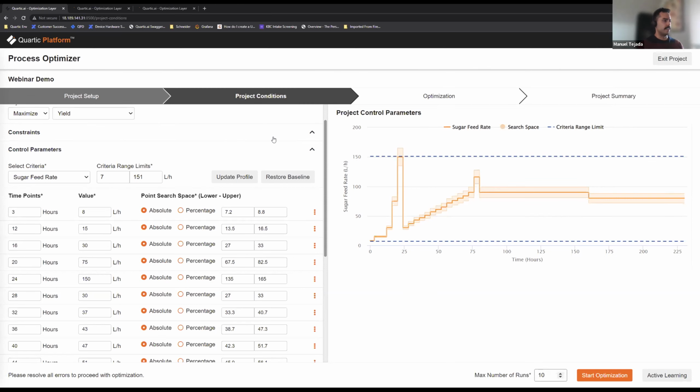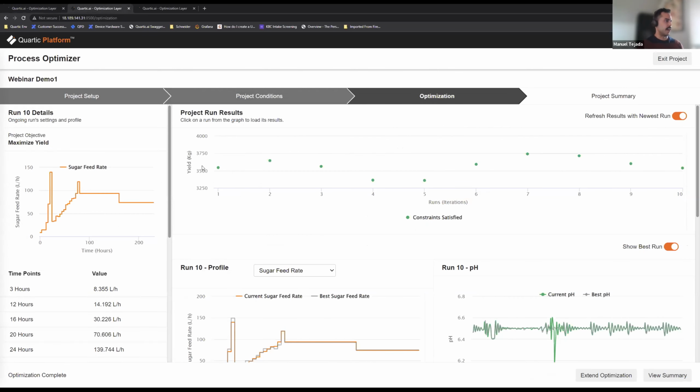So in this case, we're passing set points to that simulation and returning quality and process values to learn for the next iteration, but the same would apply in a real process, and it has applied for a client, where instead of a simulation, we're passing to a PLC controller, we get those results to update prior to the next run. So just in the interest of time, I'm switching over to this completed run with 10 runs.